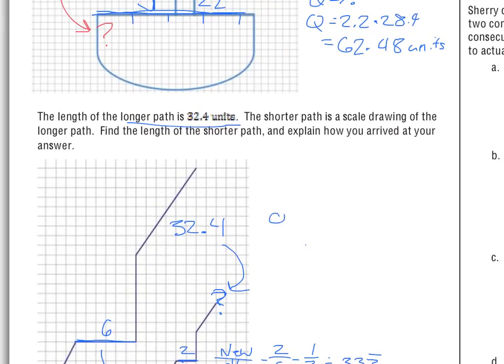So in order to do that, Q is equal to percent times whole. Our percent is 33.3 repeating percent, or 0.333 repeating, times our whole, which is 32.4. And when we calculate that, we should get approximately